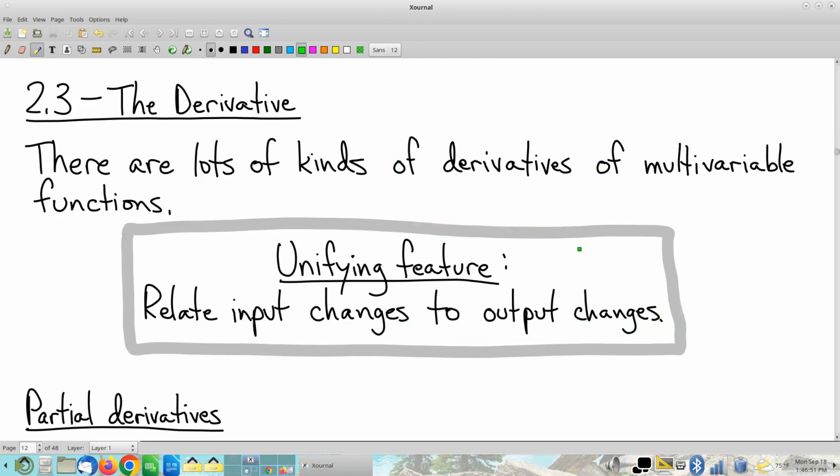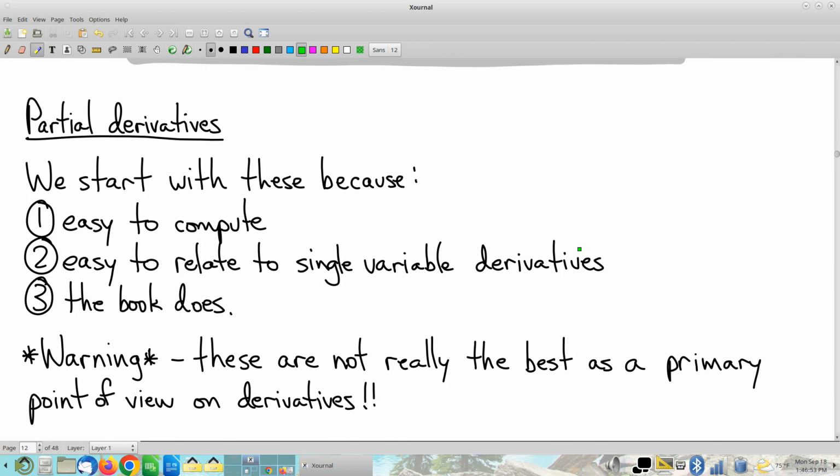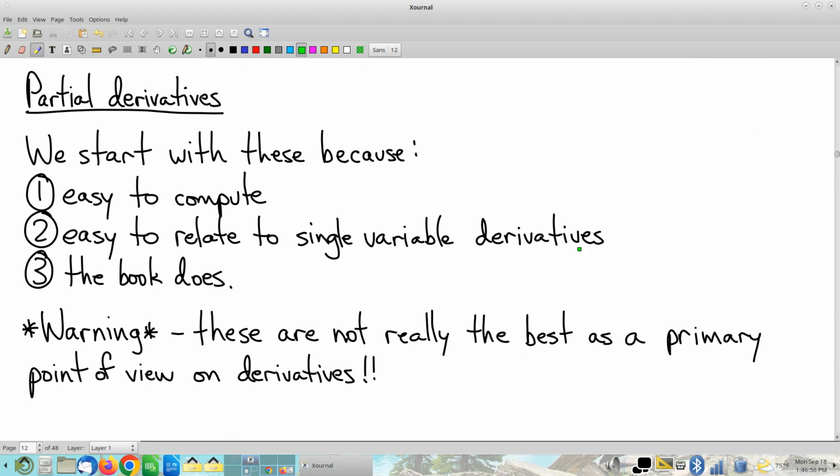Alrighty. So yeah, we're going to start with partial derivatives. It's not my first choice. If I had my way, I would start differently with how to go through this. But I have an unusual point of view, and so I recognize that the book, for example, does it in this very standard way of starting with partial derivatives. So while I recognize that there are some nice things about partial derivatives, I am going to comply and present these ideas the same way the book does,